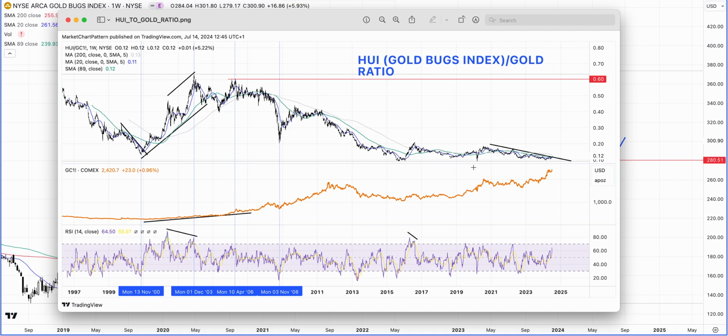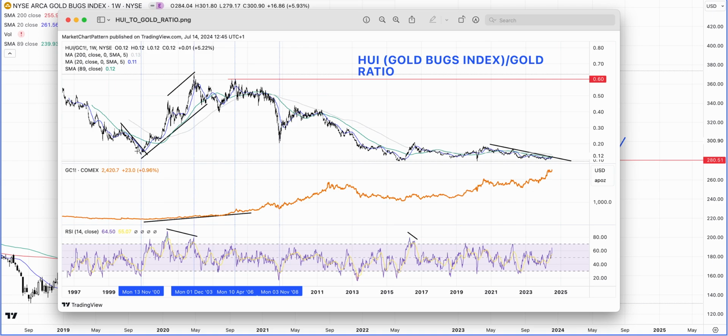Then again happening in, I believe, the year 2020. And this is where it is kind of putting a floor in. And now this ratio is rising again. And we have already seen a pretty good rally in the gold underlying market. And then if we draw a trend line like here, what I'm trying to suggest is that we might be in a situation that we were in the year 2000.